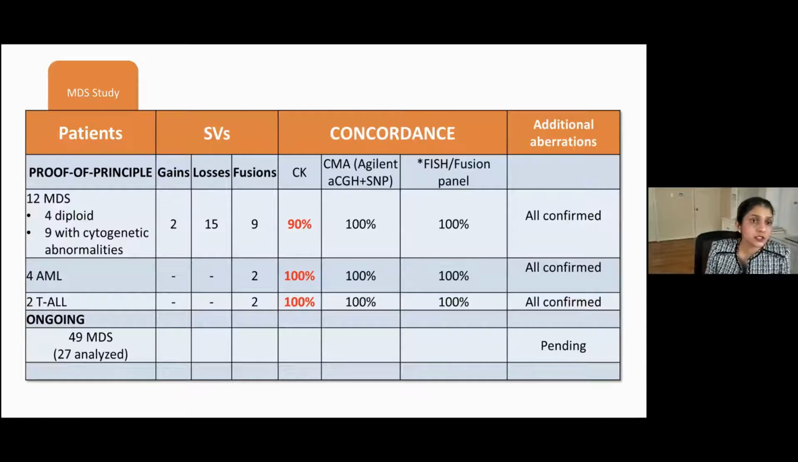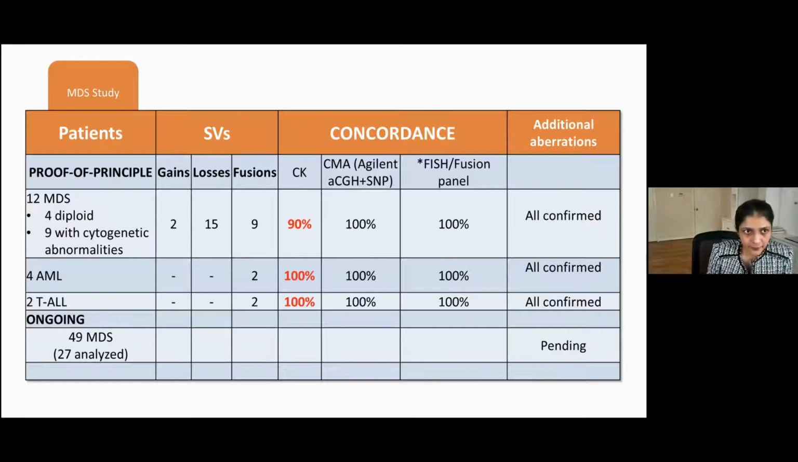we tested 12 samples of MDS, 9 with cytogenetic abnormalities and 4 with diploid karyotype, 4 samples of acute myeloid leukemia, and 2 samples of acute lymphoblastic leukemia. Compared to conventional karyotyping, we had a concordance of greater than 90%. Compared to the microarray testing, we had 100% concordance. In addition, the only reason for the lower concordance in karyotype was because of the inability of the OGM to pick up 2 small aberrations that were seen within a setting of composite karyotype, thereby not meeting the limit of